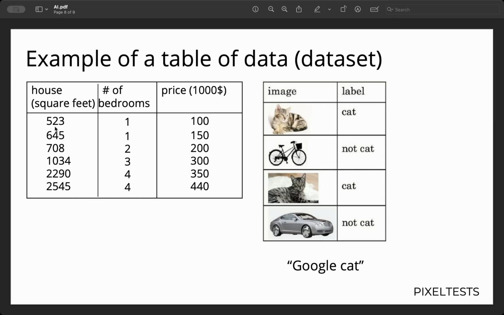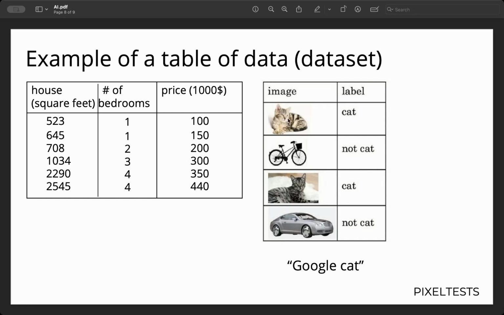But let's say the square feet and the number of bedrooms also matter. Then, based upon the data set, you choose. Okay, I think 700 or 1,000 should be good, and if it's 2 or 3 bedrooms, then you'll go ahead and make a decision. So this is an example of a data set.